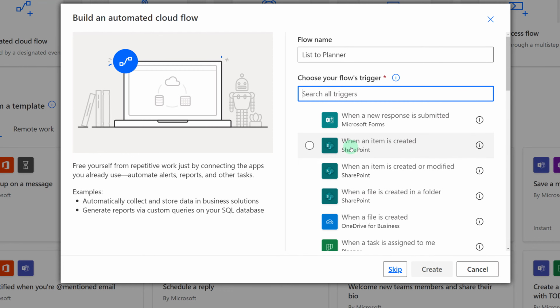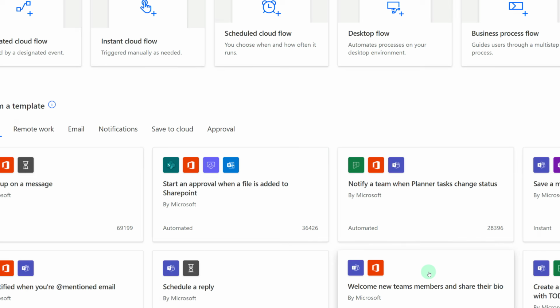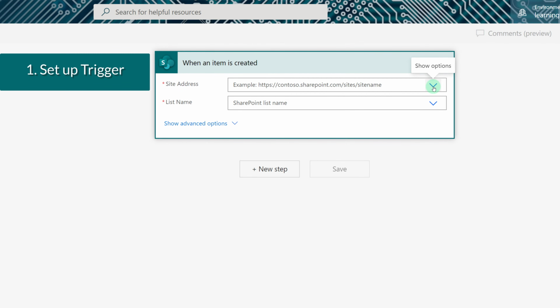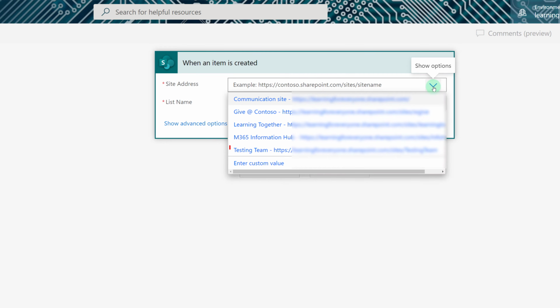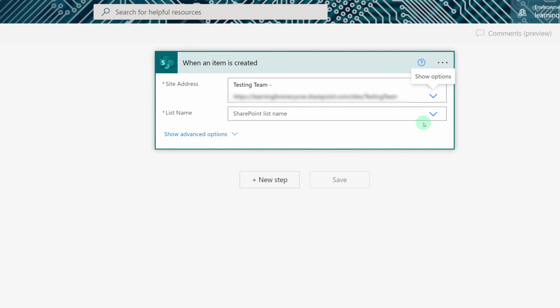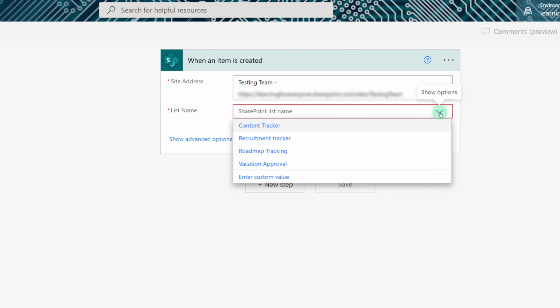Now we need to search for a trigger. It just so happens that the one we want is towards the top of the list, and it's when an item is created. The first thing you need to do is specify the site address for the SharePoint site that contains your list. In this example, it's going to be my testing team site. Next, I will click the drop-down for list name and select Roadmap Tracking, which is the list we will use